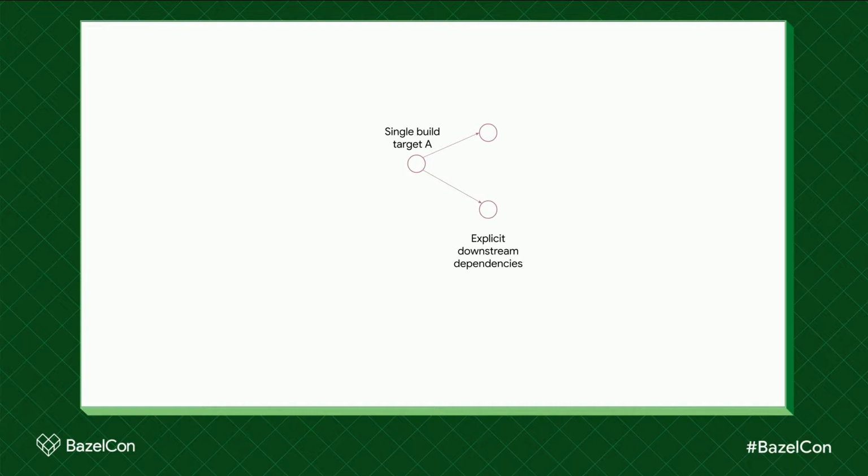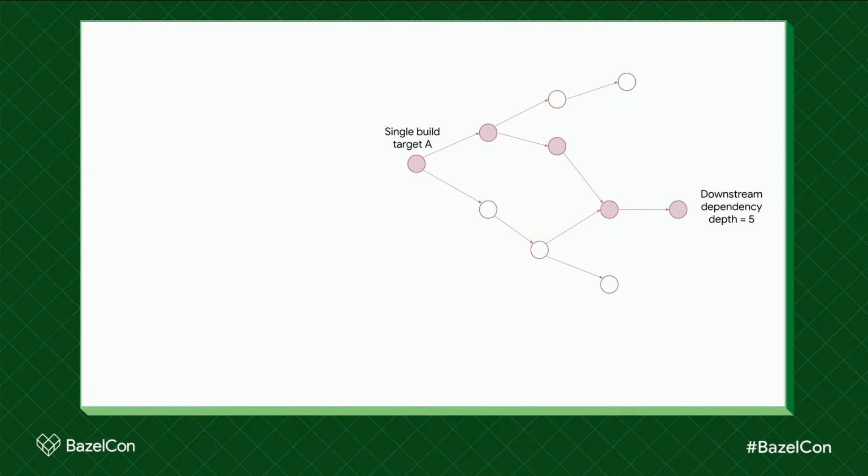However, in reality, there might be other pieces of code that also depend on these rightmost targets, and by traversing the graph, we can form the full transitive tree of downstream dependencies. Just the number of such transitive dependencies is interesting because it shows how many other build targets are affected by changes to A. Another structural property which has been very useful for Spotify is to think about this in terms of depth. The way that we do this is by computing the longest dependency chain starting from A and that passes through the downstream dependency graph. In this case, we have a depth of 5.